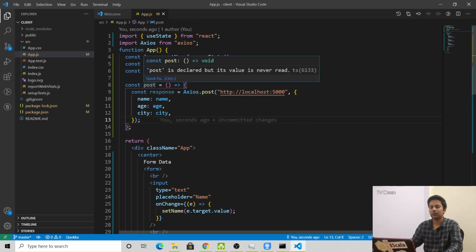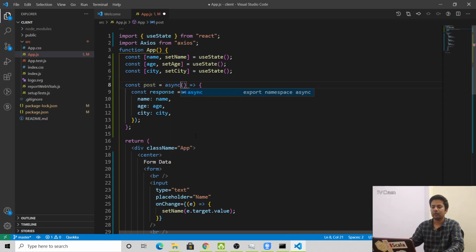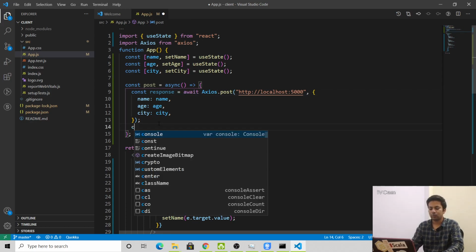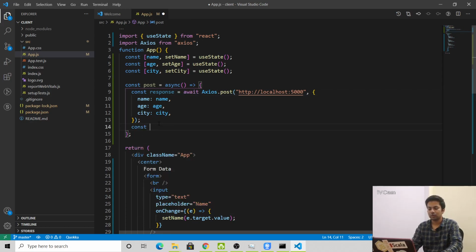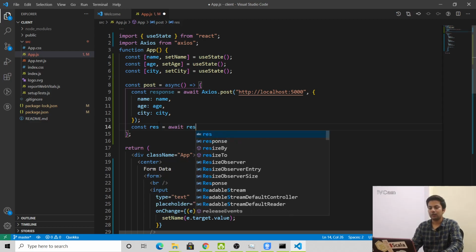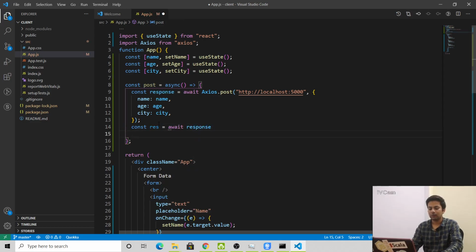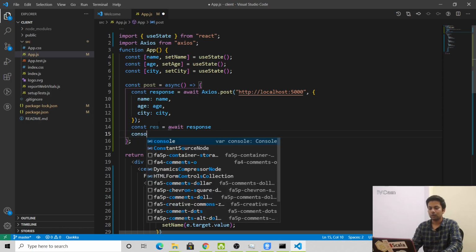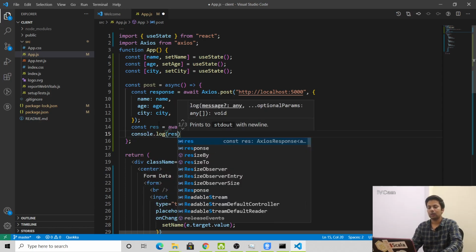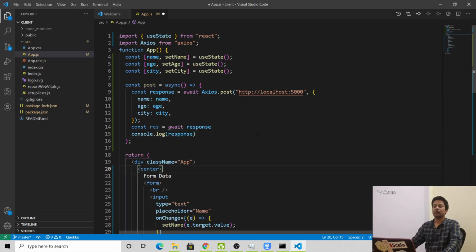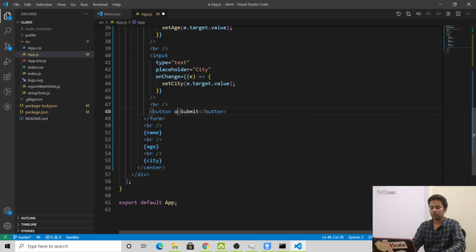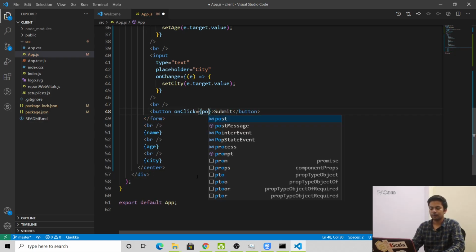We are calling the function post. It should be async, yeah, and we'll do await. Now as soon as the response comes, we'll do const res equals to await response, and we'll do console.log response. Whenever we have to call it, on click, post.